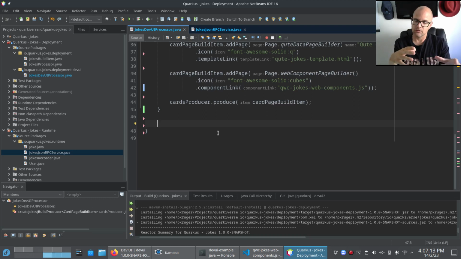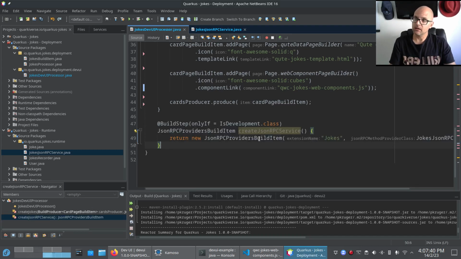pages, and it's not doing HTTP POST or HTTP GET. We use JSON RPC over WebSockets to call methods on the server and update the DOM. So you'll see that the page never needs to be refreshed. The first thing that you need to do is to define your JSON RPC endpoint, and for that we'll add a new build step, again only if it's development, and we'll reply with this build item called